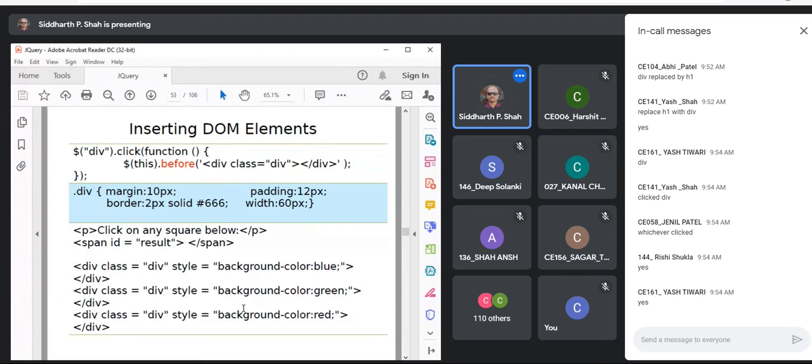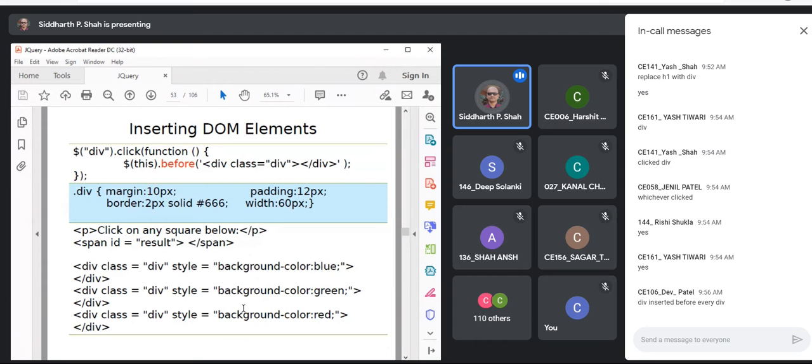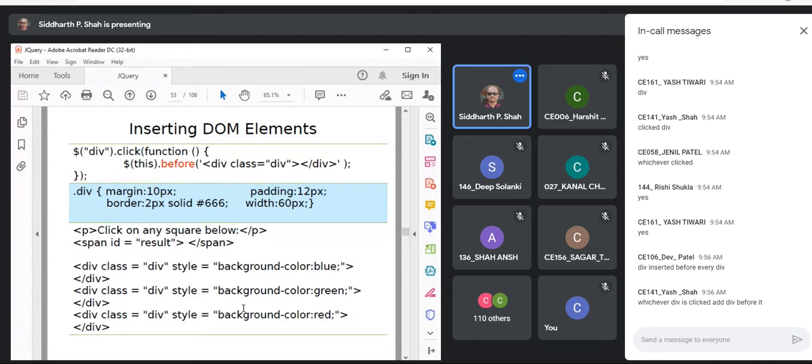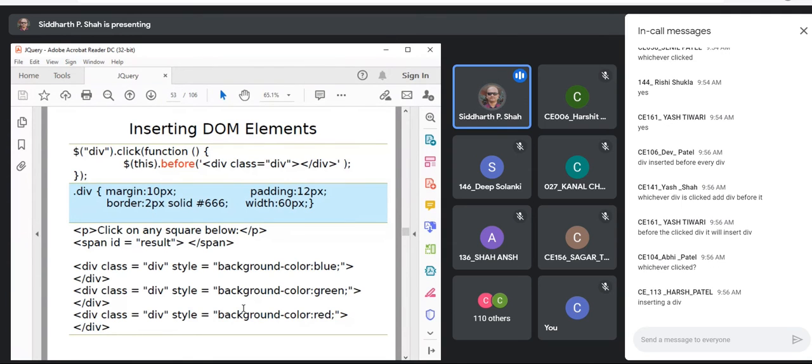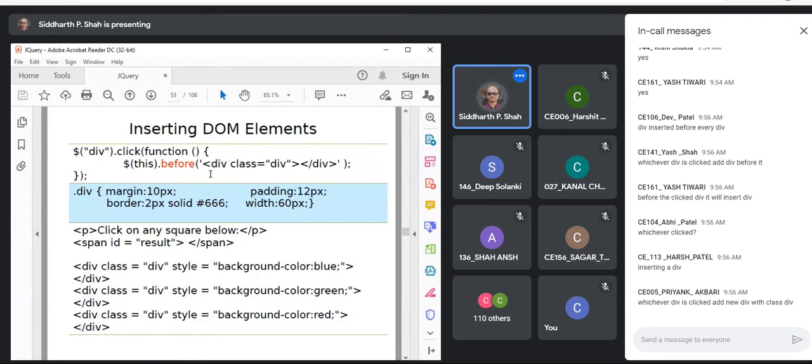Before every div? Okay, wherever you click any division, before that division, a new division will be added. Right? Just before that.